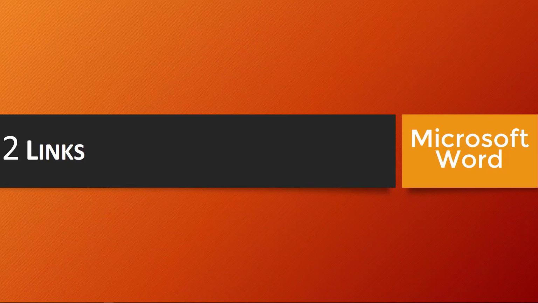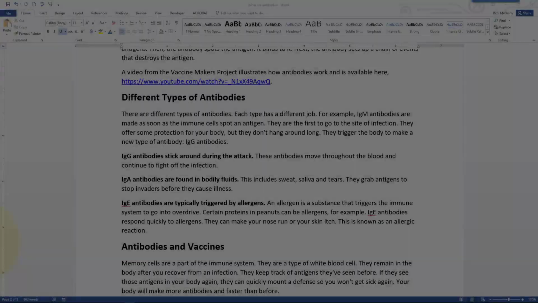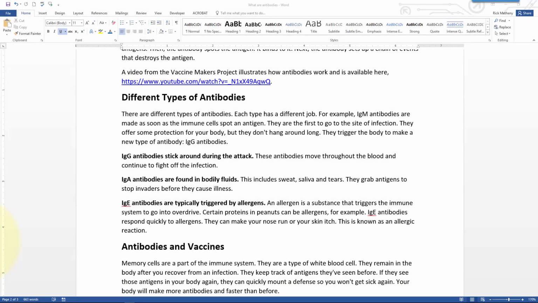Links in Microsoft Word. Links embedded in text should describe the link's destination. This link goes to a video from the Vaccine Makers Project that illustrates how antibodies work. Now, this is not quite as bad as a click here, but it's still not very descriptive of where the link is actually going. So to change this,